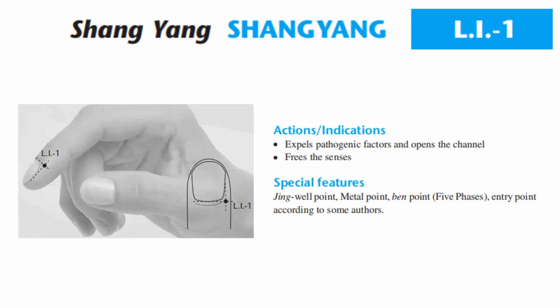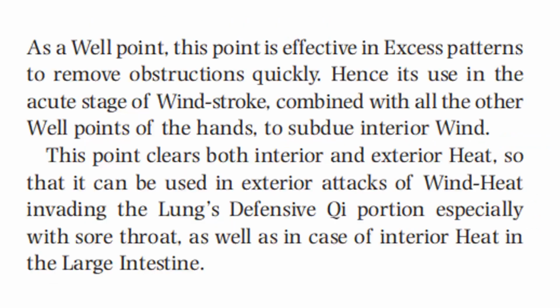It frees the senses. For the special features: Jing-Well point, it is a metal point, the metal point in the 5 phases, entry point according to some authors. As a well point, this point is effective in excess patterns to remove obstruction quickly. Hence its use in the acute stage of wind stroke, combined with all the other well points of the hands